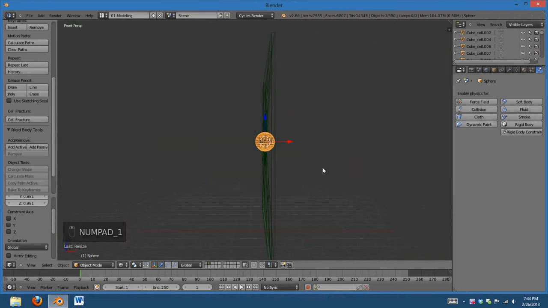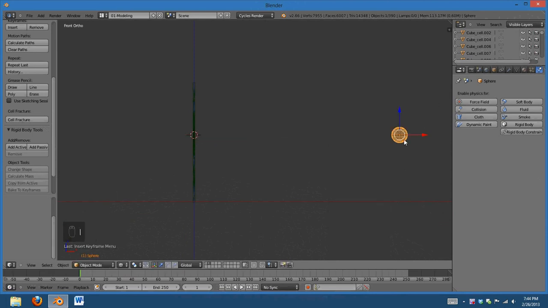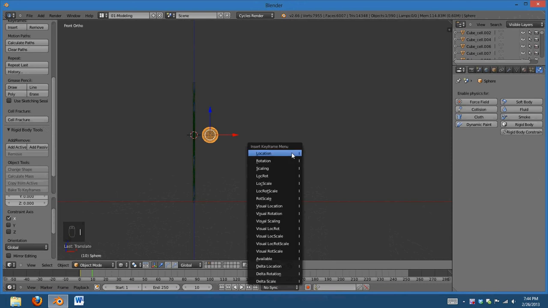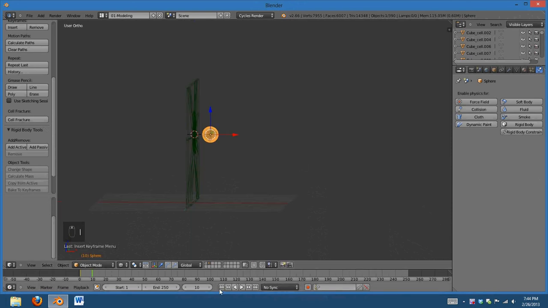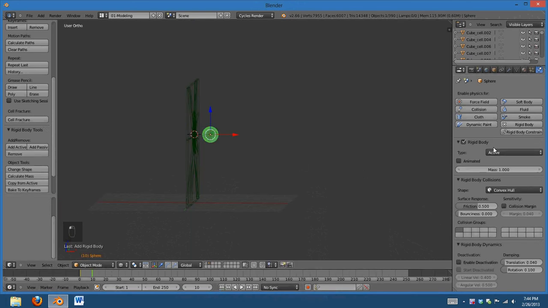Then going into side view, just like last time, I'm going to take it all the way over here, insert a keyframe for location by pressing I and Location, moving to frame 10, moving it back there, hitting I and Location. Then finally I'm going to make that a rigid body, and on frame 10,